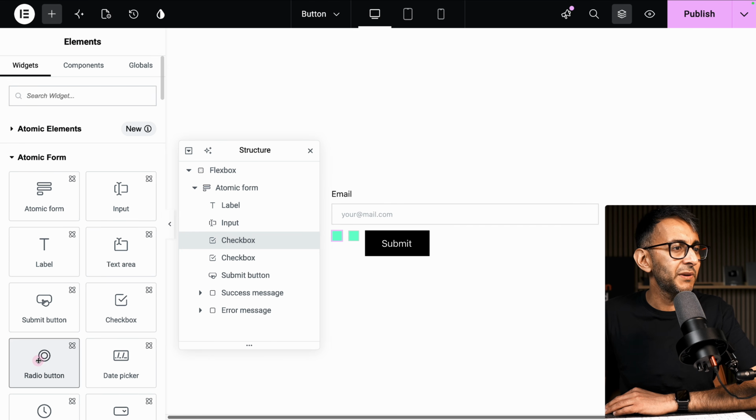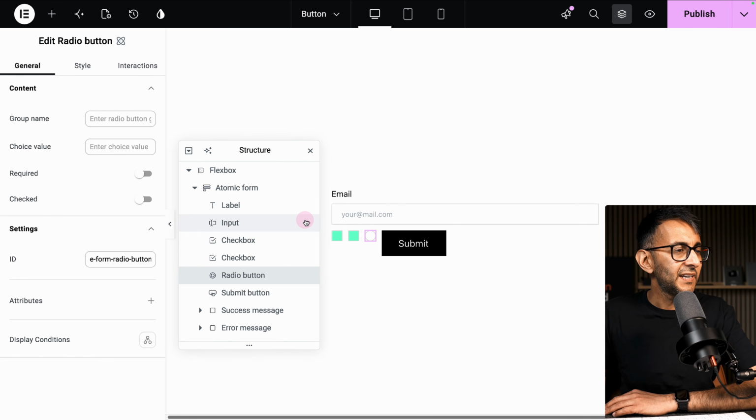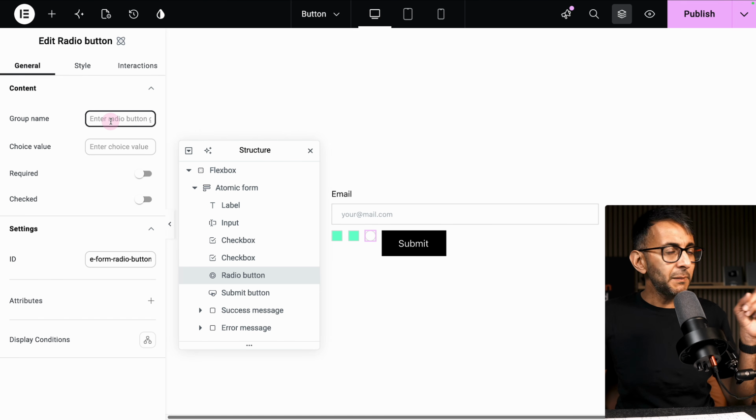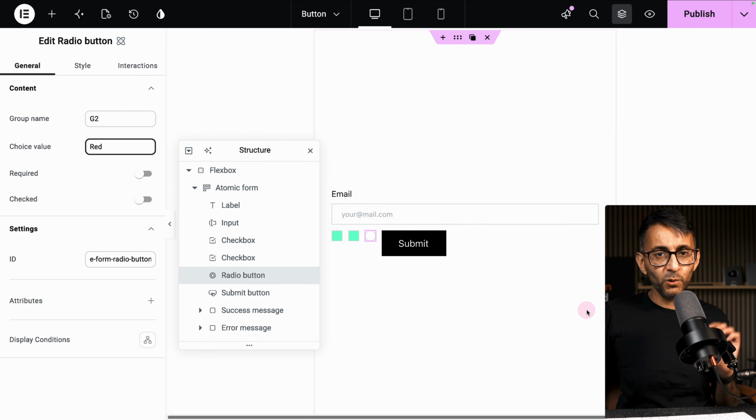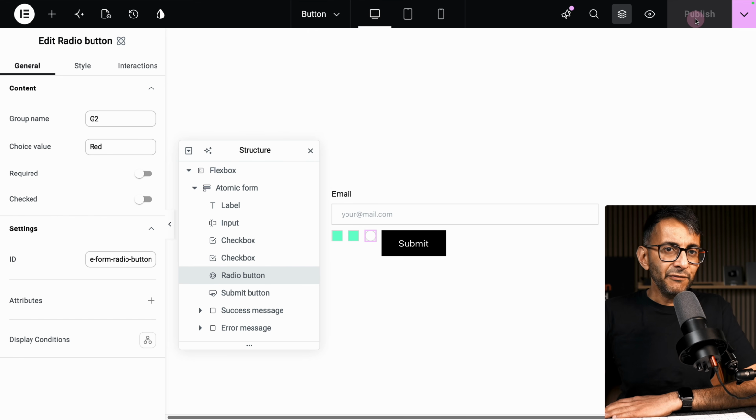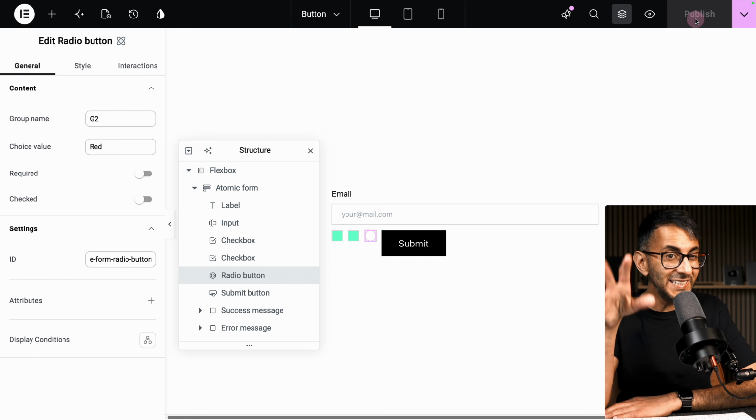Because if I was to now go and add in a radio button, and again, it's the same thing here, you would go and add in your label. I'm going to make this G2 group. And again, I'm just going to call this red for simplicity. Now, first, let me show you a problem that you're going to come across, but it's really easy to get